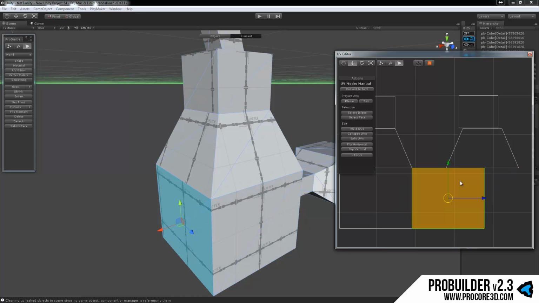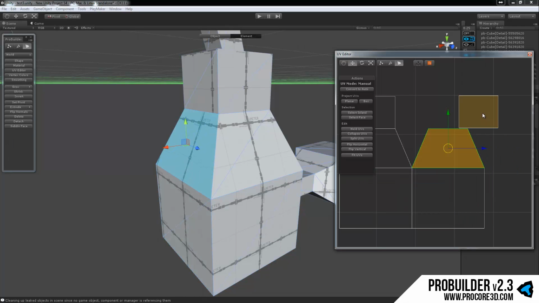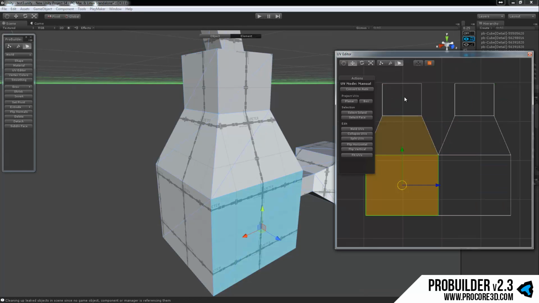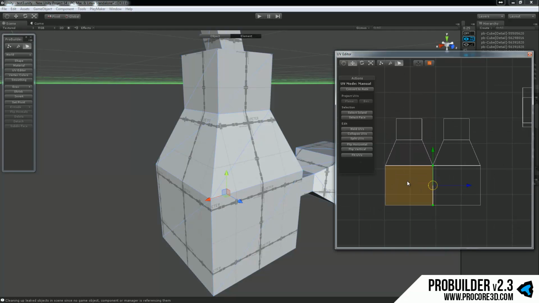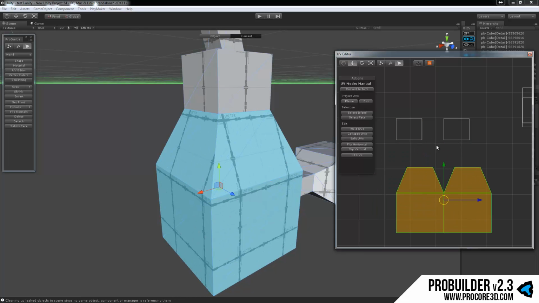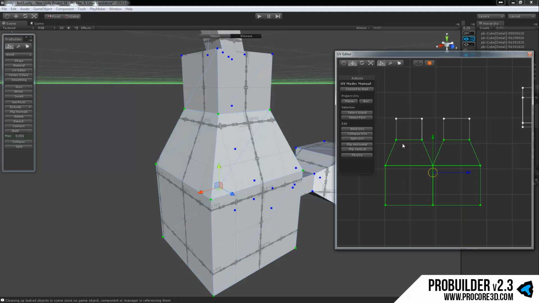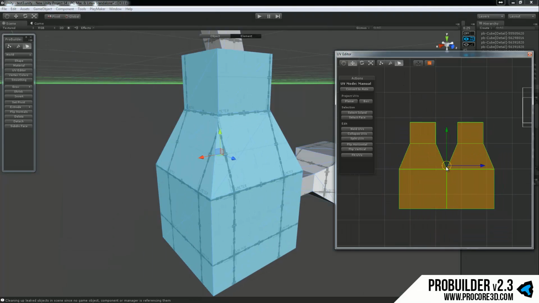I can bring this right up close. Then I can go into the vertex mode, select these, and weld them together. So now if I click to select the full island, this is all one. I still need to weld those tops up there. Grab those UVs and click on weld. With that done, now I can double click and there's our full UV island